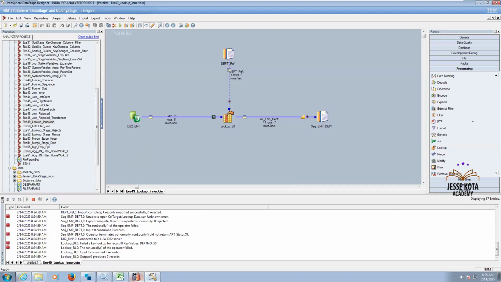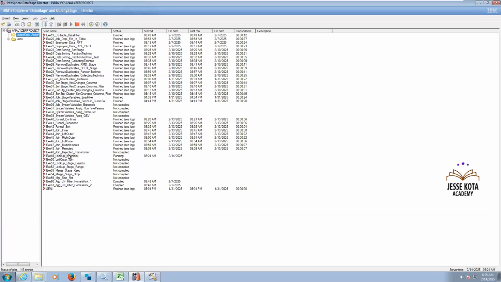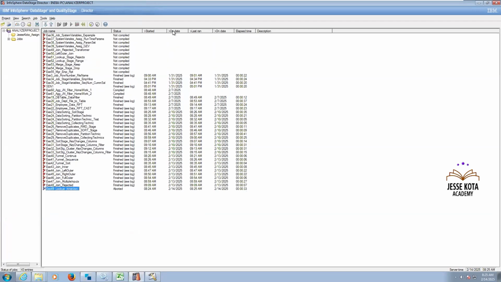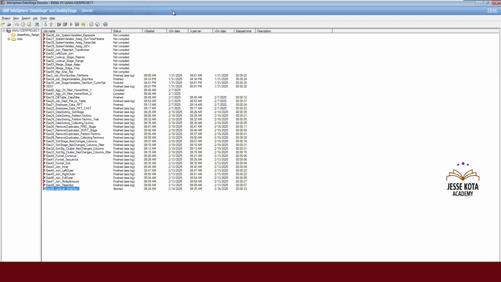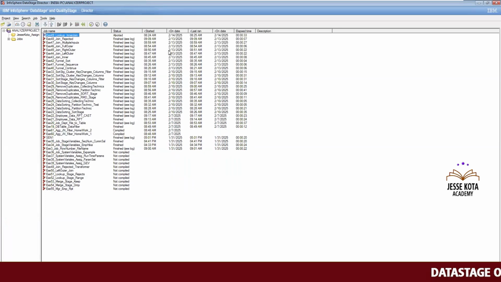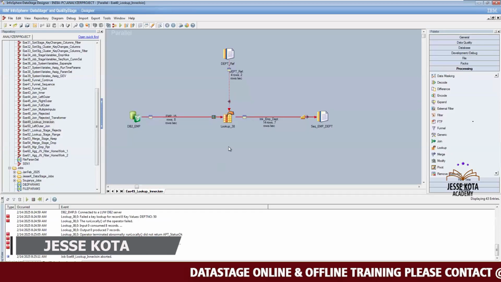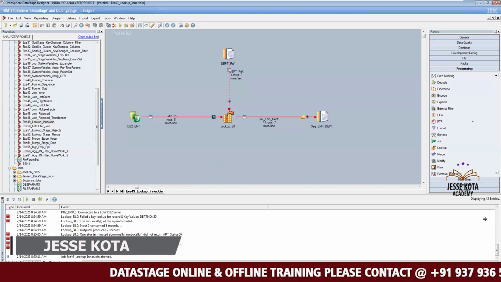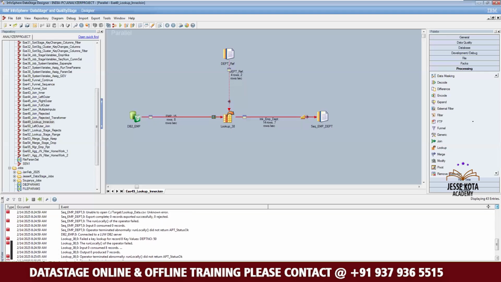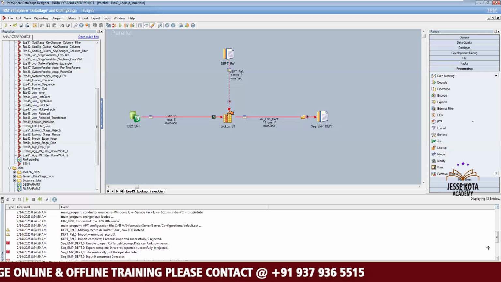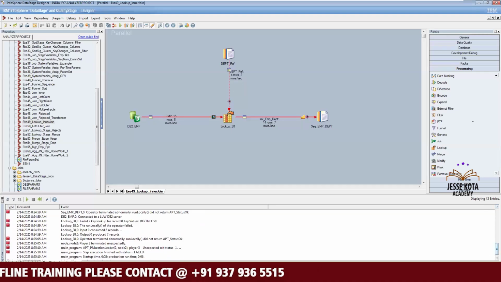So what happens here? Job got aborted. So why is it aborted? If you want to sort on the date, let's reverse. Here you can see it got aborted. Whenever a job fails, it will be in red color. Why is it in red color? What is the reason? The reason is